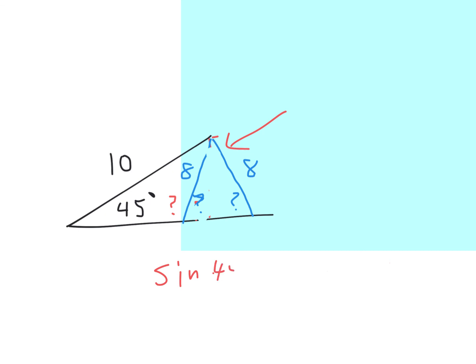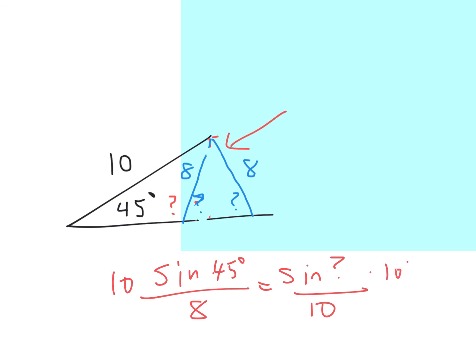So sine of 45 over 8 is equal to sine of question mark over 10. And multiply both sides by 10. I'm going to do 10 sine